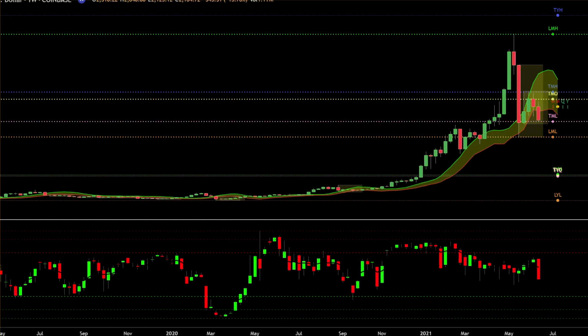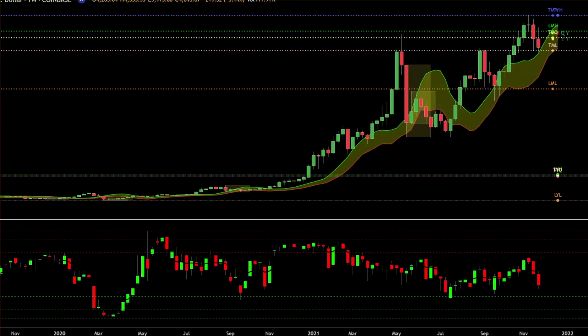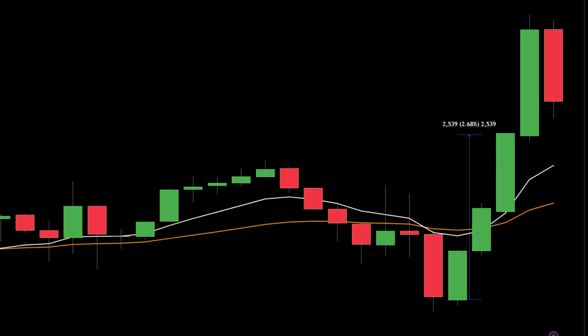Trading success is not just about loading up your charts with all these different indicators. It's about understanding what really drives price. Now, many traders fall into the trap of over-relying on lagging indicators, like the Bollinger Bands and moving averages. Consider this scenario: by the time a moving average crossover signals a buy, for example, the price has already